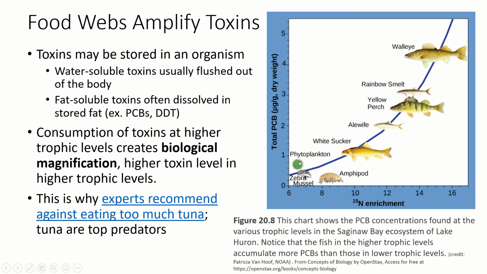So here we have, again, another food chain where we have the phytoplankton, our photosynthetic producer here on the bottom. Phyto meaning plant, and plankton just meaning something that floats rather than can swim against a current. There's an actual definition of what plankton is. And then we have a mussel that eats the plankton, an amphipod that probably eats plankton and maybe a mussel. And then we have this chain of several different fish that can each eat the smaller fish, as well as the amphipod and the mussel. And what we see is that as the size of the fish increases and as the fish's place in the trophic cascade or the trophic level increases, you get more of a toxin, in this case PCB,